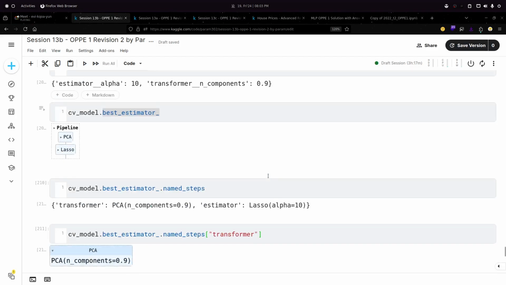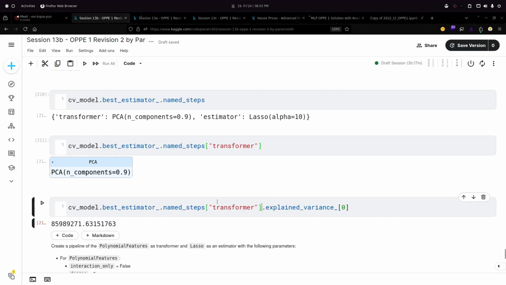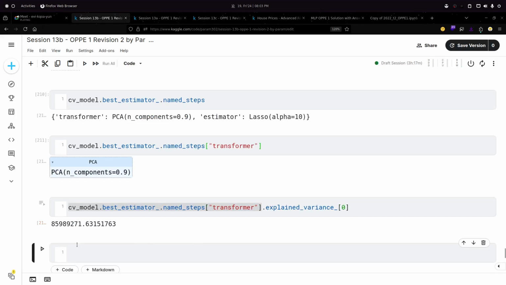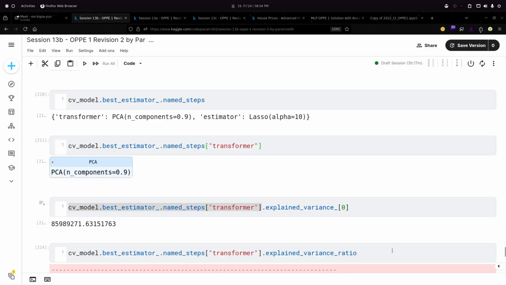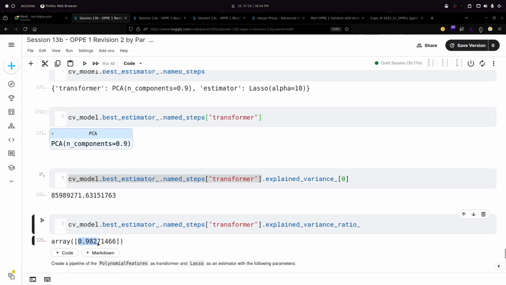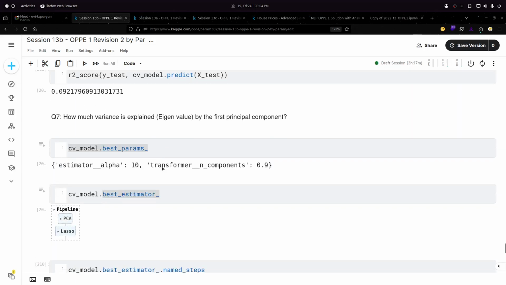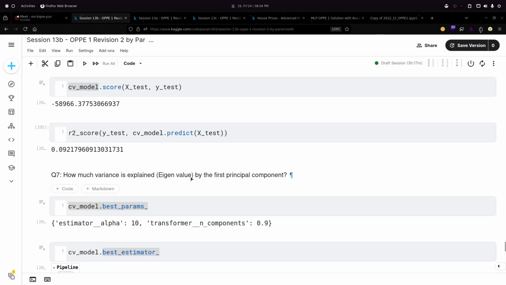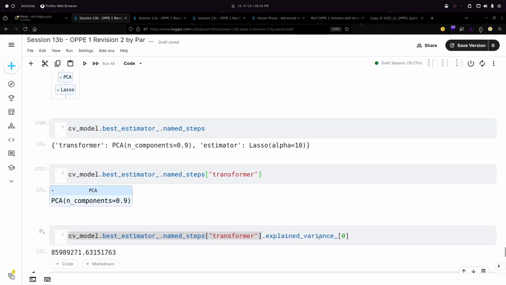Let's suppose I want the ratio. How can I get the ratio? By explained variance underscore ratio underscore as well. So this is the ratio. Make sure whether they have asked for the ratio or for the eigenvalue. If they have asked for eigenvalue, then you have to use this explained variance.